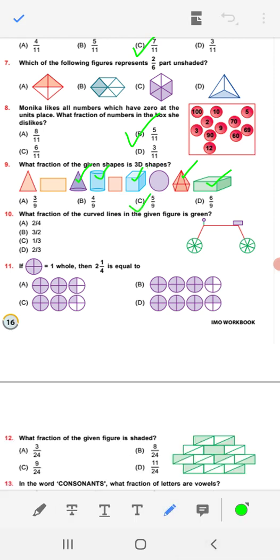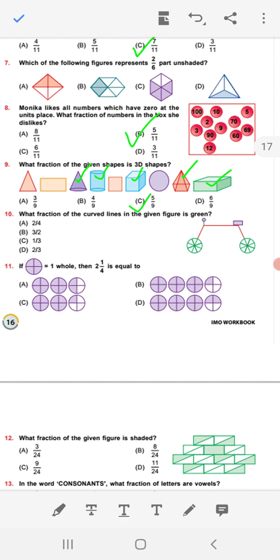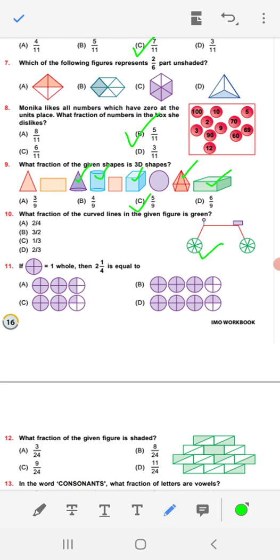Now passing to the question number 10. What fraction of the curved lines in the given figure is green? First find out how many curved lines are there. Here is a curved line, circle, here is a circle curved line, and see here is a small circle. So total 3 curved lines, and out of 3,